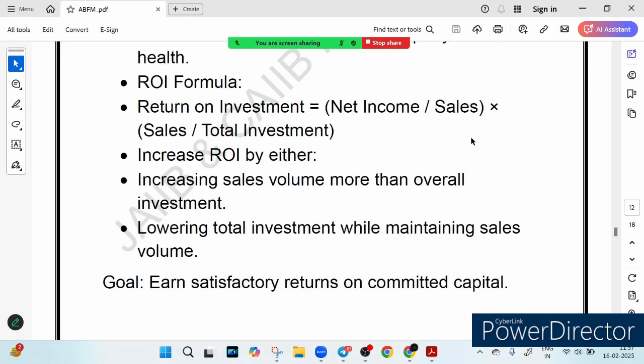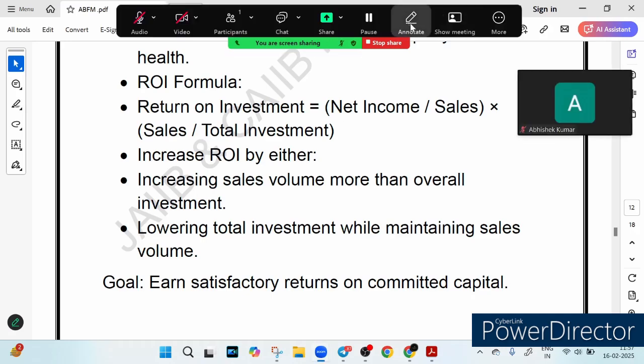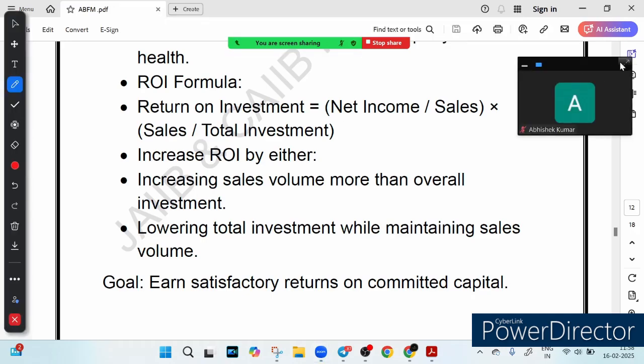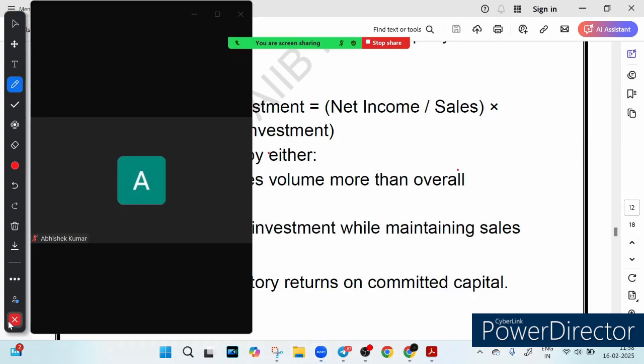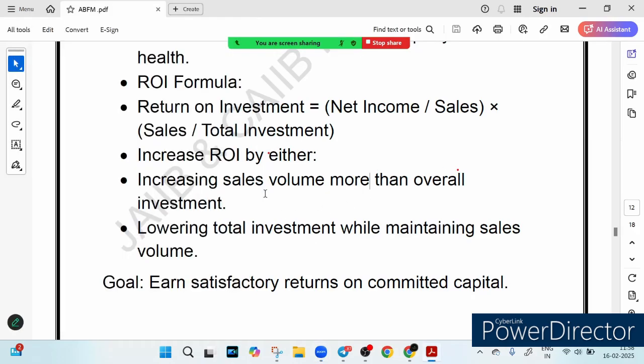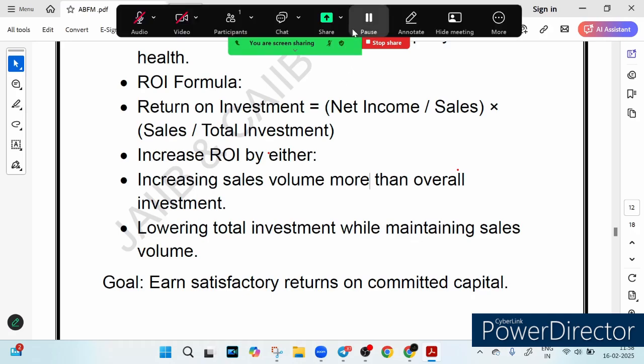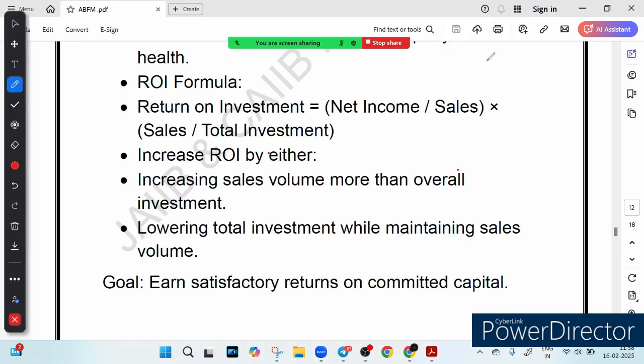On one side you have to write sales in the denominator, on the other side you have to write sales in the numerator. Net income is your overall profit, how much you are generating, and the second point you can see is your investment, right? But wait, what does this actually mean? For example, let me give an example. Imagine a bank invests rupees 10 crore in a new digital banking platform.